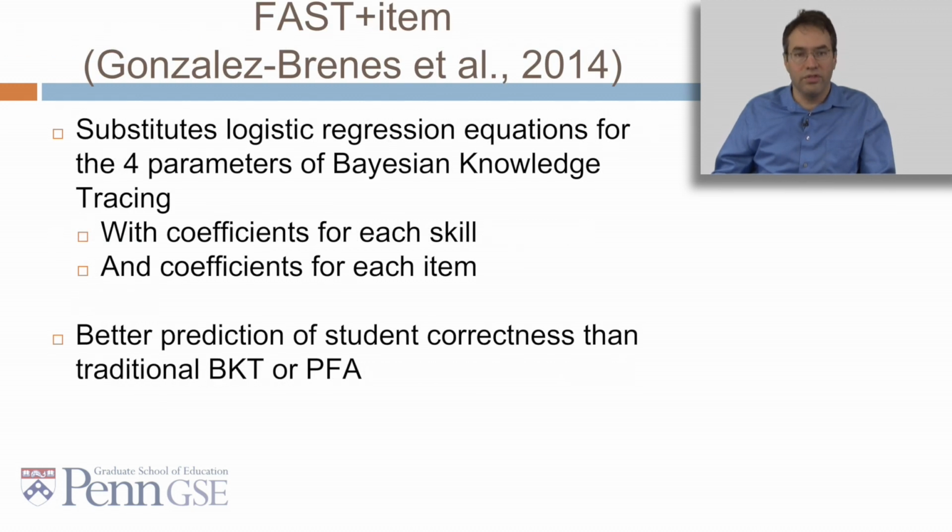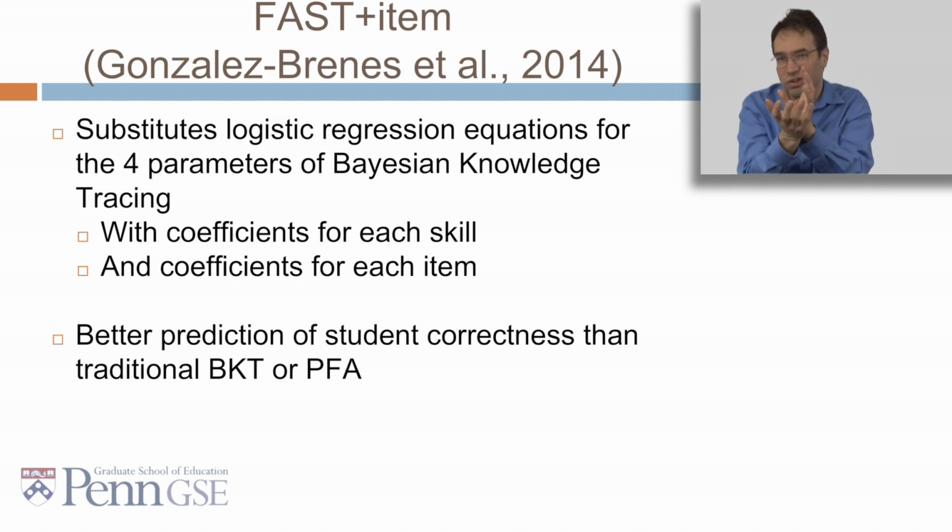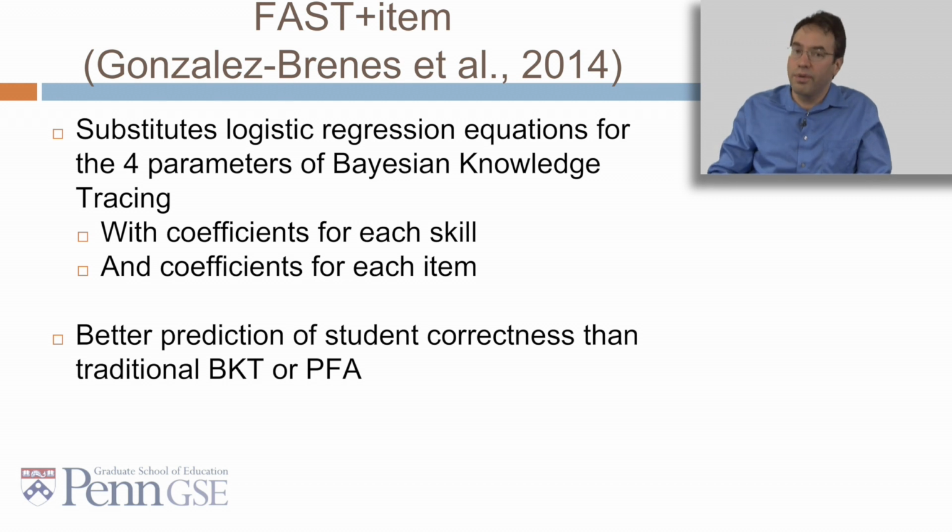A third model that takes item difficulty into account is FAST plus item. This one actually substitutes logistic regression equations for the four parameters of Bayesian knowledge tracing, with coefficients for each skill and coefficients for each item. So it actually kind of ends up in the same place in terms of number of parameters, but it gets there in a different way. And Gonzalez-Brenes and his colleagues found that this led to better prediction of student correctness than either traditional BKT